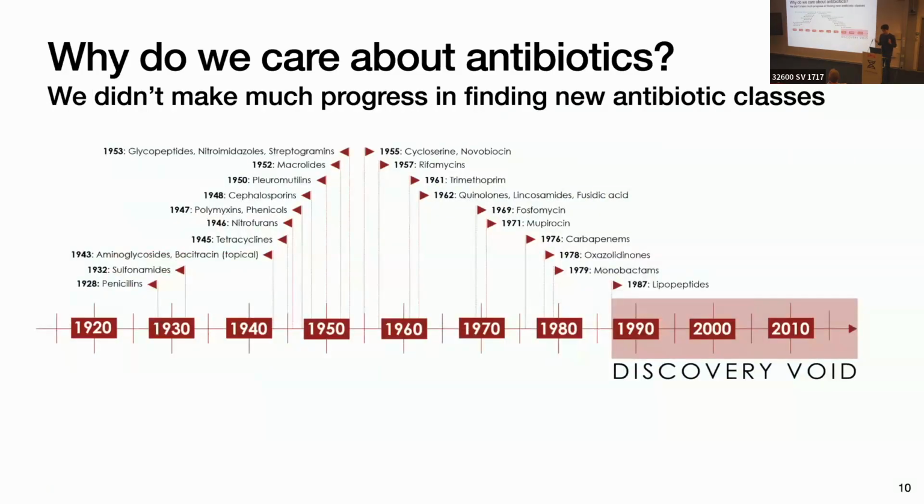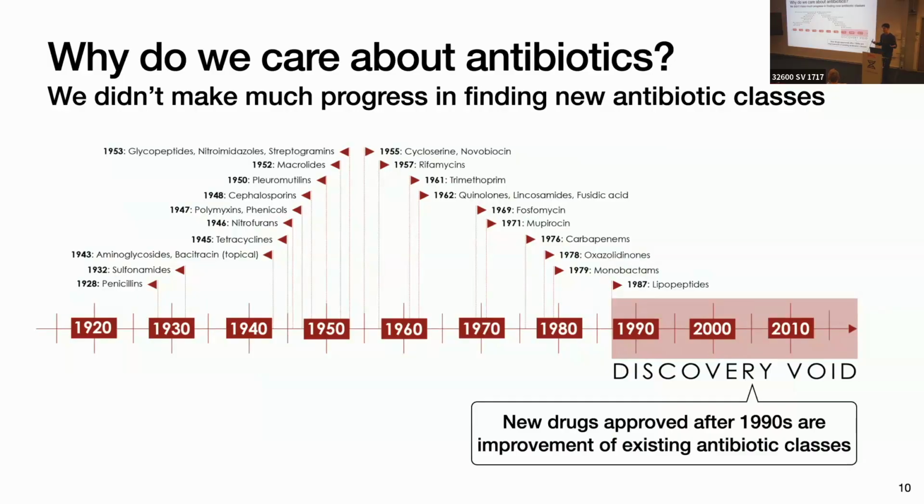And what's more interesting is that since the discovery of the first antibiotic, penicillin, back in the 1920s, of course in the last century we made pretty big progress. Different classes of antibiotics have been discovered, but in the past 2 or 3 decades, there have been iterations of improvement of these antibiotic classes, but there's no fundamentally new class of antibiotic